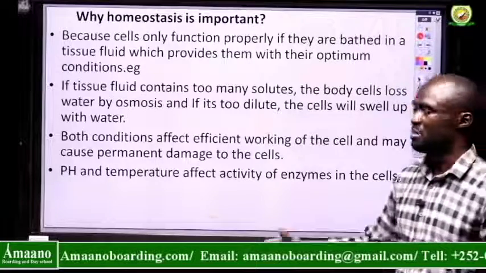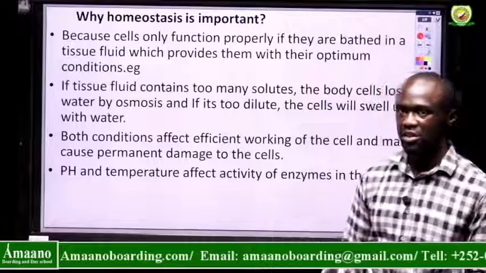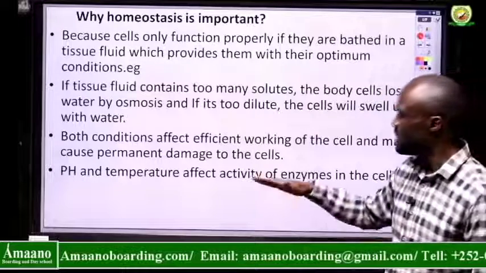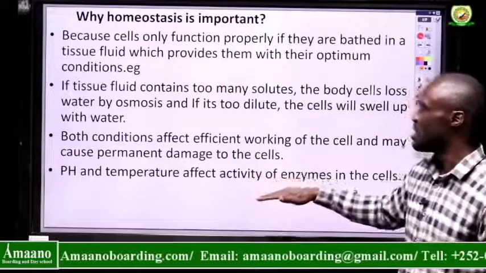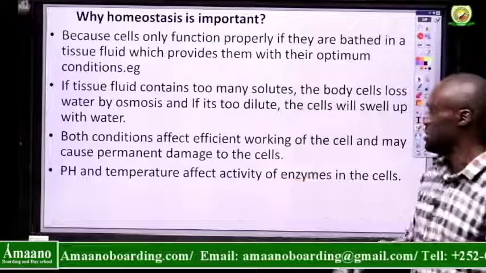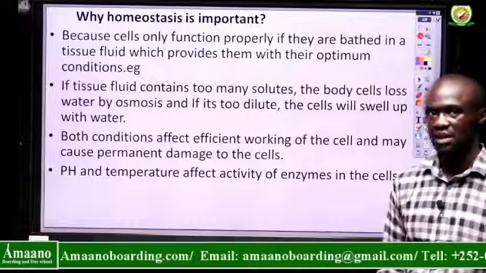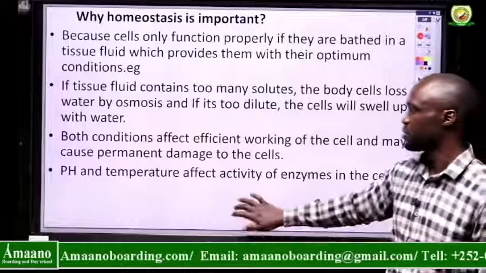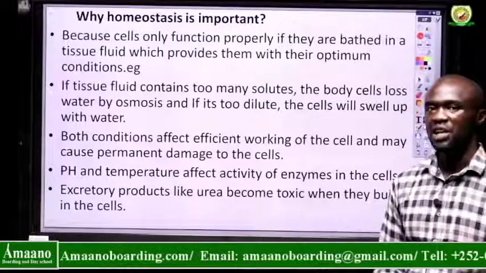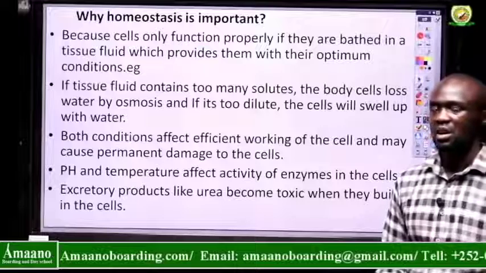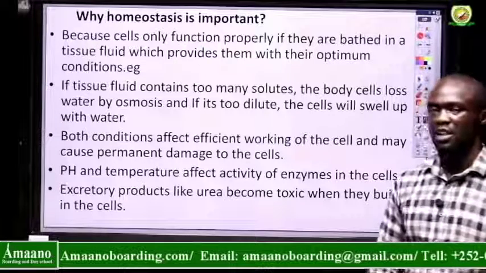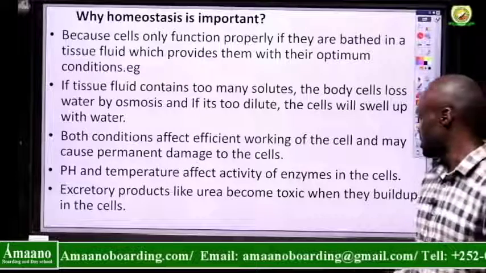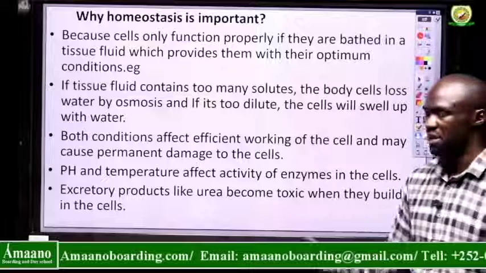Another factor, when you look at pH and temperature, if they are not maintained at the right level, they will affect the activity of enzymes in the body cells. That's why we need to keep the optimum temperature and pH. When you look at excretory materials like urea, if they are not removed, when they accumulate in the body, they become toxic, which still affects the function